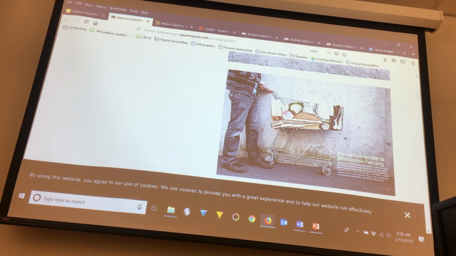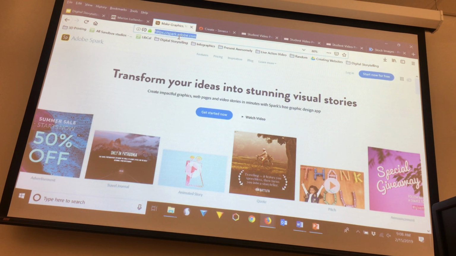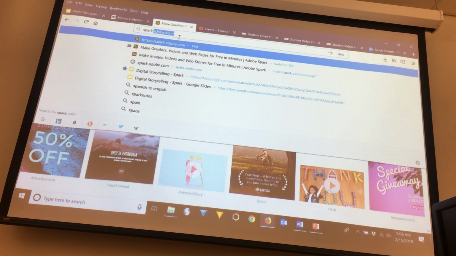Okay. So as was mentioned, we are using Adobe Spark, and I could access that by typing spark.adobe